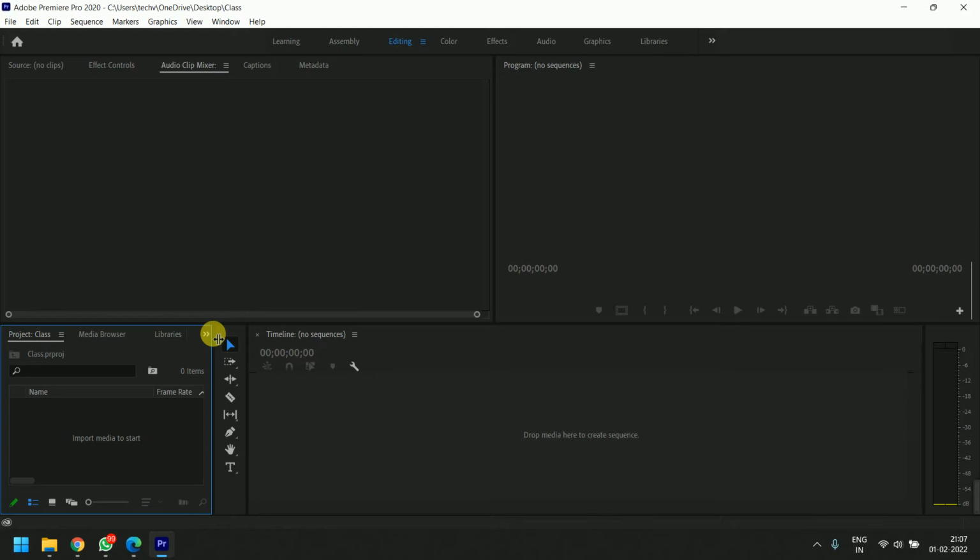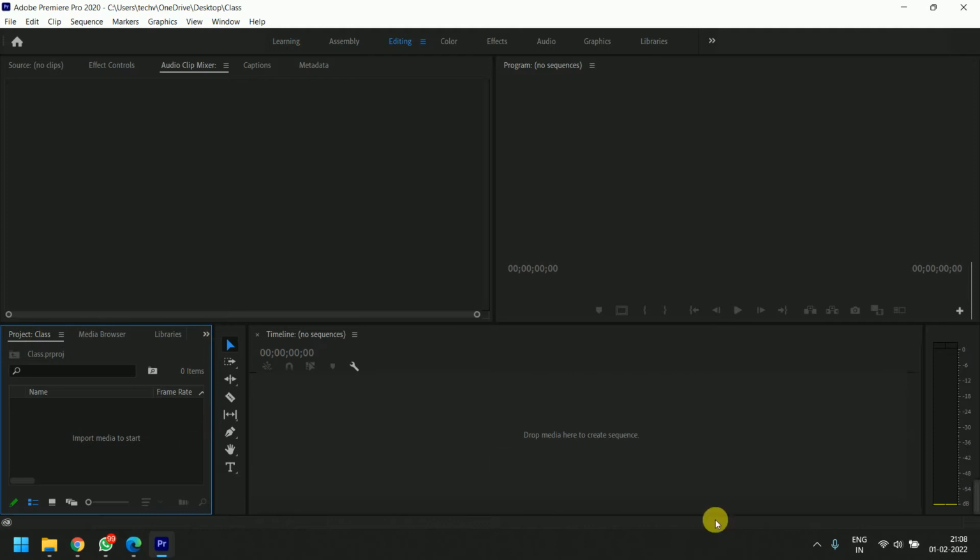Same thing I'm doing. For the editing part, we have to line up a number of shots to create any concept, any video. So first of all, you have to create a sequence.